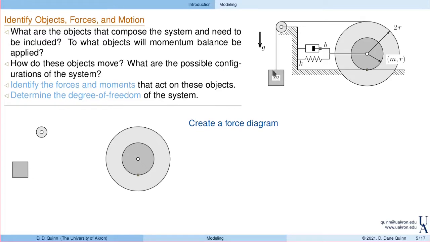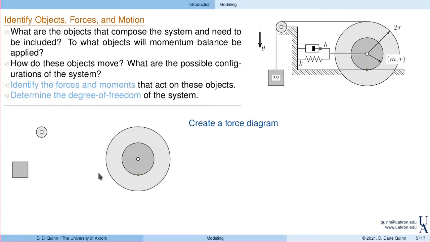Here, the objects are going to be the block, right? And I've redrawn those down here on the left. Well, the block is certainly one object. I'm going to apply linear momentum balance to that. Then I have this pulley. It's massless, but it's still important. There are forces that act on this, and I need to relate the force hanging down to the force that then connects to the disk through that cable. Finally, my third object is going to be the disk itself. I have the inner hub, I have that massless outer hub,